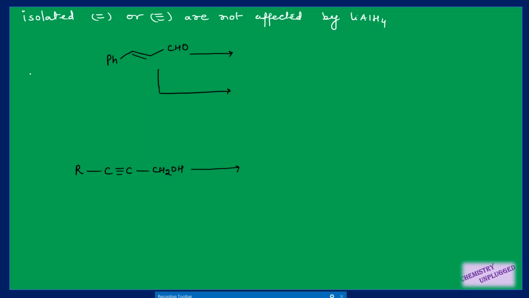But if you have beta aryl alpha beta unsaturated carbonyl, what is the meaning of it? Beta aryl means this is your carbonyl, this is the alpha carbon, this is the beta carbon, and on the beta carbon you have a phenyl group, an aryl group, attached. So this double bond will be reduced, as well as this aldehyde group, right? So if you have lithium aluminium hydride and the temperature is room temperature or above, 35 degrees centigrade, then this double bond will be reduced, as well as your aldehyde will be reduced to alcohol, right?